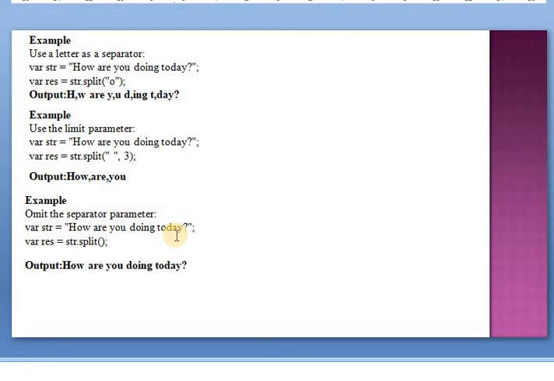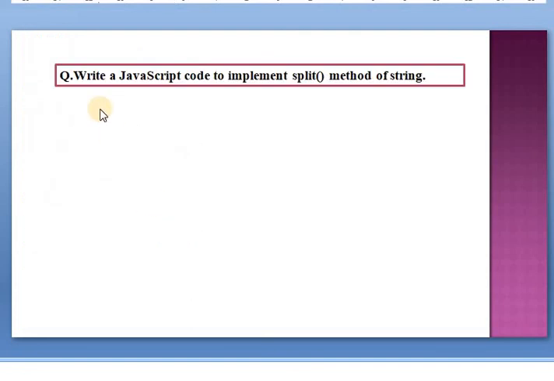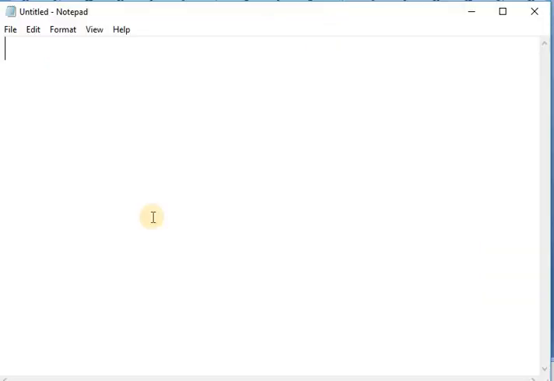Next point is: write a JavaScript code to implement the split method of a string. Let us see how to implement a split method of a string. First of all, take a notepad.